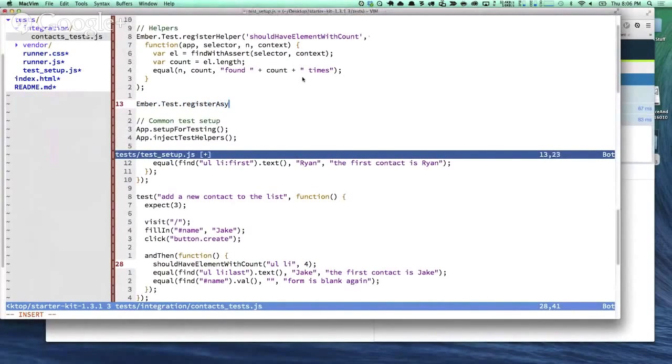Test.register async helper, and then we're going to say add contact. That's right, I combine my quotes. Function app, and then app and context, and then everything in between. So we're just going to add name and then context. And here,